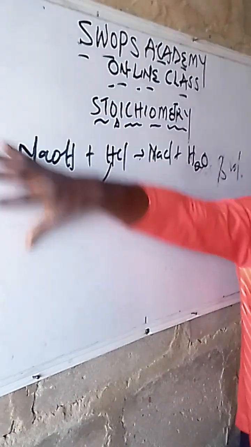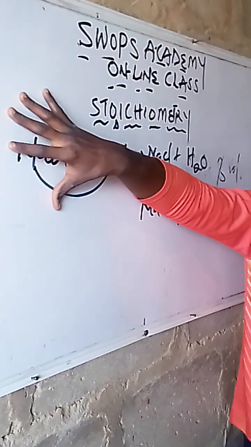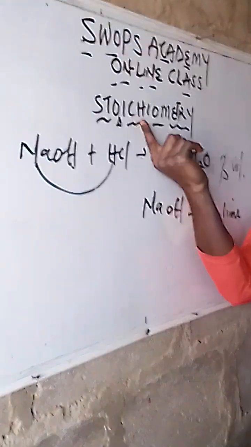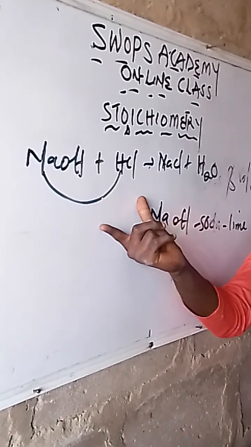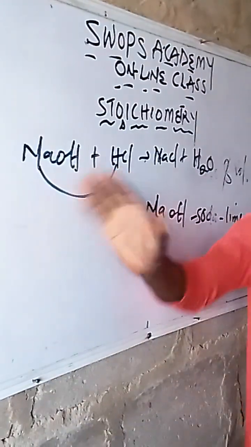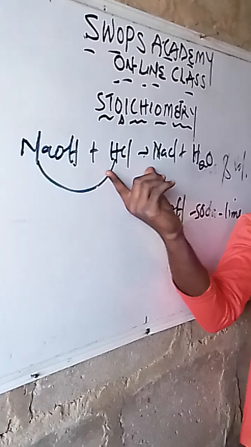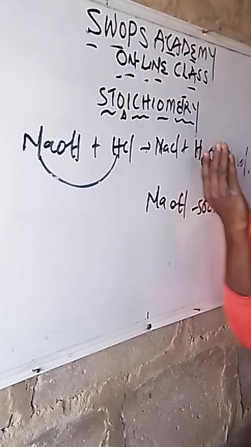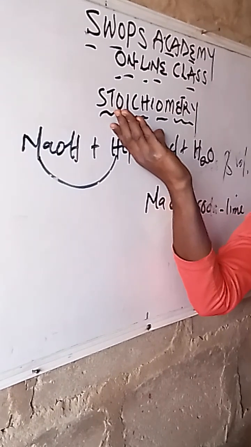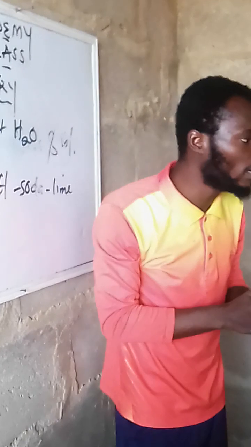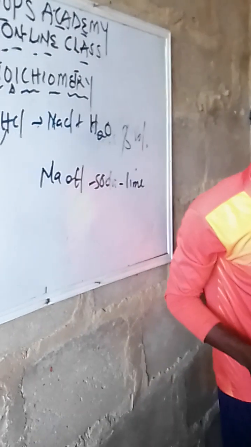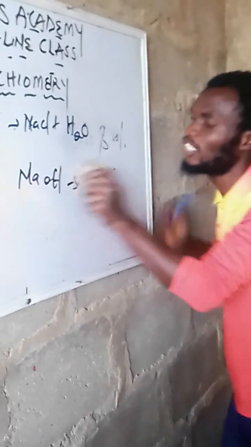Now, if you want to know the number of moles of sodium hydroxide reacting with this to form this and this, this is the topic that will tell us more about that. If you want to know the total mass of this reacting with this to give this and this, it has to do with this. That is why they say it is the relationship between mass and volume. Or it can also be referred to as the quantitative